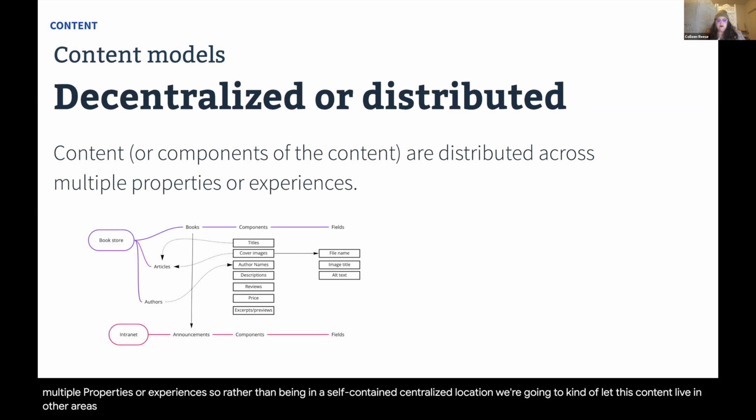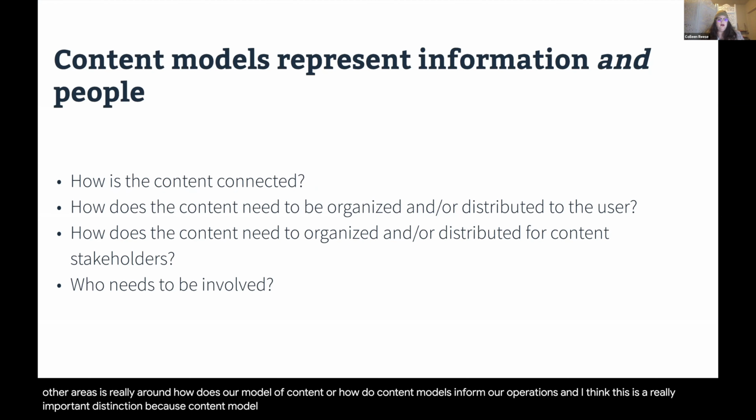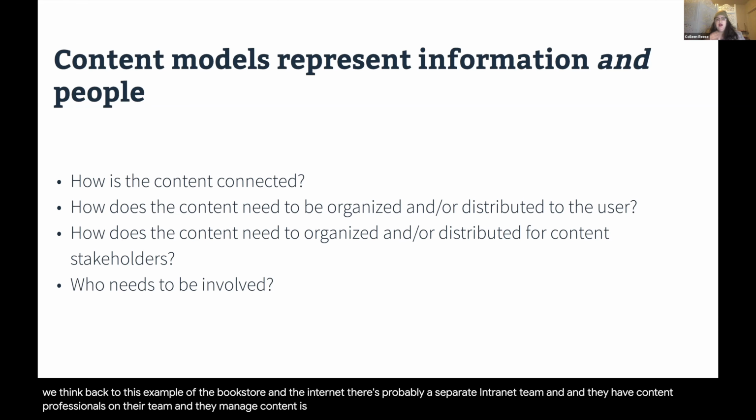And so the next question is really around, how do content models inform our operations? And I think this is a really important distinction, because content models don't just represent content. Content models represent information and people. And so when we think back to this example of the bookstore and the intranet, there's probably a separate intranet team. And they have content professionals on their team, and they manage content a certain way,